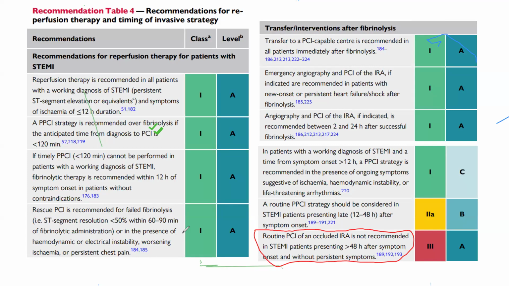So what I understand with this is when a patient comes with STEMI, and from onset of chest pain to the time you are seeing the patient is beyond 48 hours, and the patient is not having ongoing chest pain, the patient does not have hemodynamic instability, or is not in cardiogenic shock, or is not post-cardiac arrest, or there is no evidence of fatal arrhythmias, such patients should not be revascularized. It's not recommended because in terms of outcome, it's comparable to optimal medical therapy.